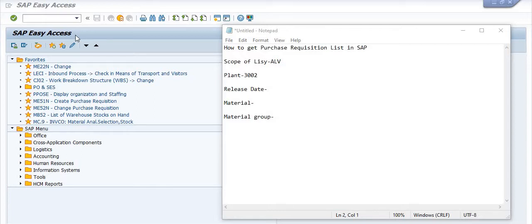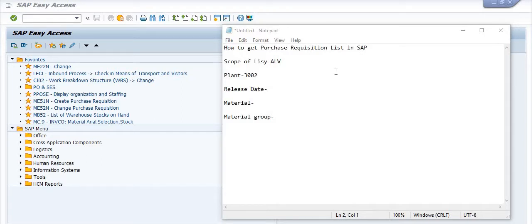For any maintenance activity we have to create the purchase requisition for the supply of services by the vendor to your plant. We create the purchase requisition, release it, then the same purchase requisition will be used in the purchase order for the supply of the service in your plant by the vendor. This is the mechanism. So the purchase requisition is very important, either in the maintenance activity, the supply of service activity, or the supply of material activity. Getting my point? We have to create the purchase requisition.